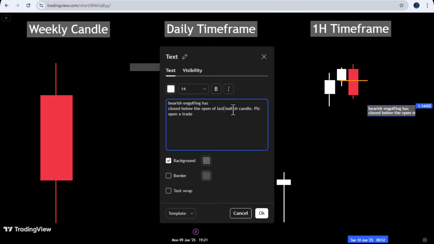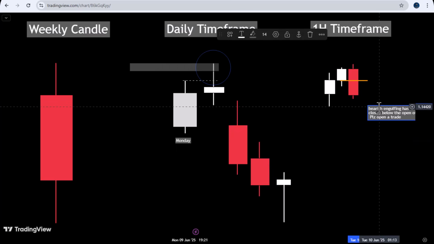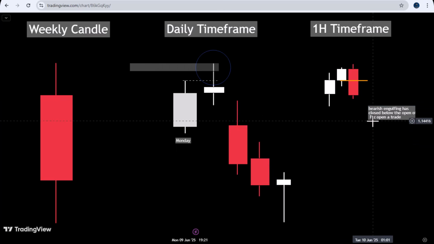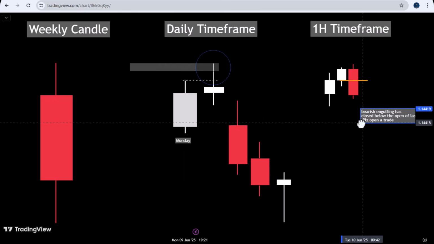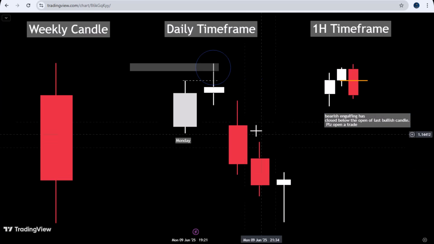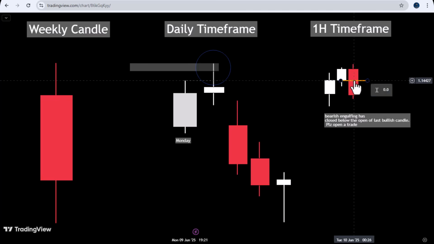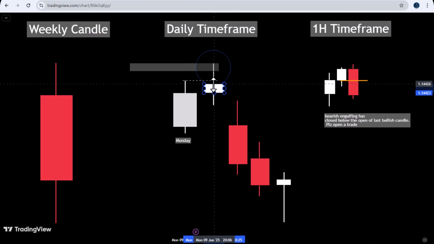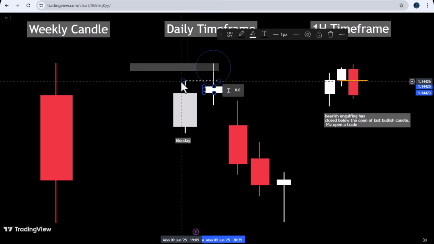Please open your trade. So you will be doing that when this candle will be rejecting after taking the high